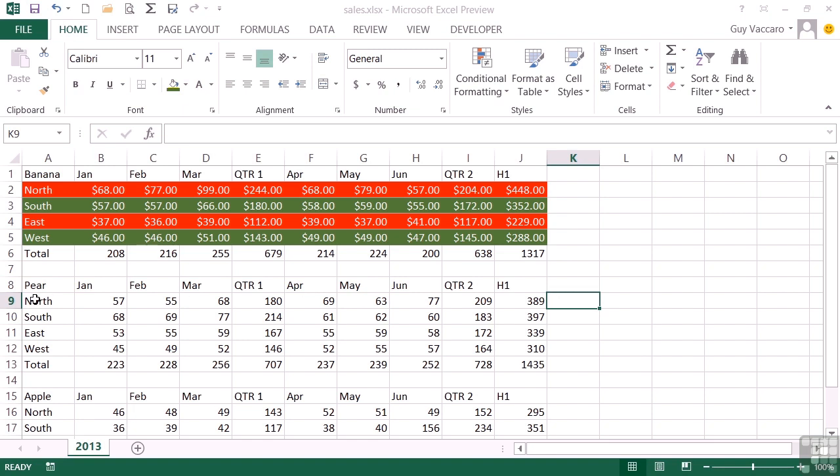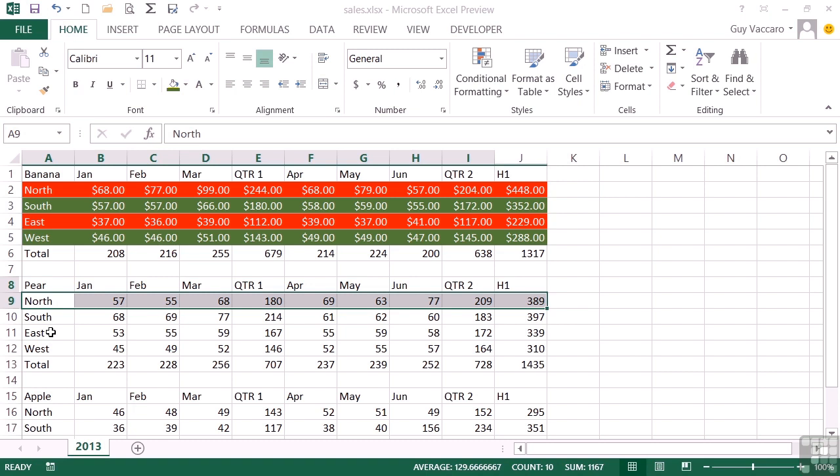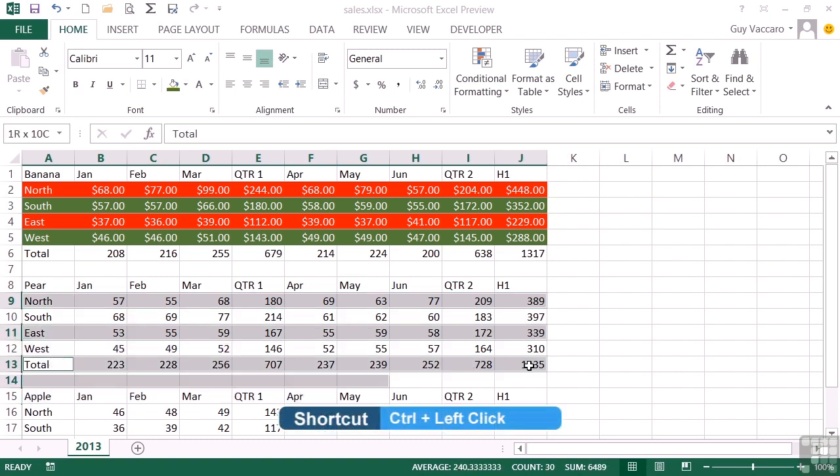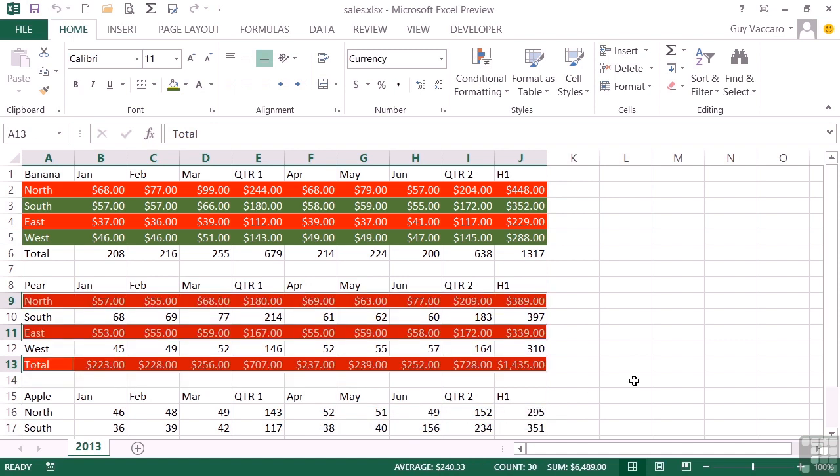What about if I select multiple but non-consecutive areas? For example, for the pairs, I could select the north, then Control-click and select the east, then Control-click and select the total, and then run Ctrl-Shift-R. See how it changes just the highlighted area. Even though they're not consecutive, it's still running the same code, the same steps, against the selected cells, whatever those selected cells happen to be. I could do the same for the south and the west, to balance up that little table. So you highlight one area, hold down the Control key, highlight the second area, and then run your keyboard shortcut,